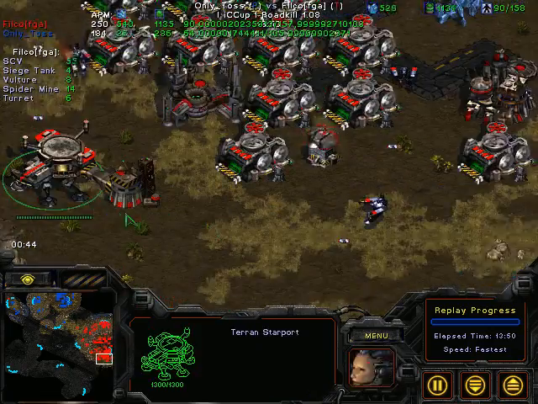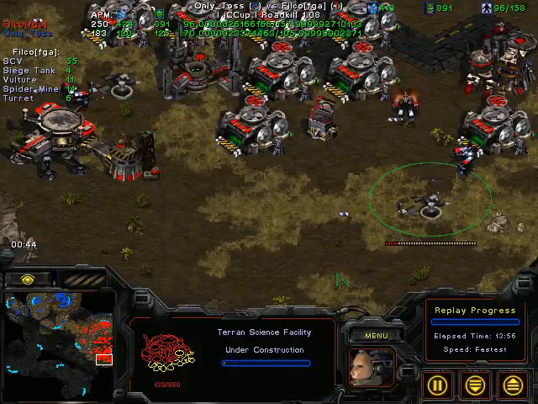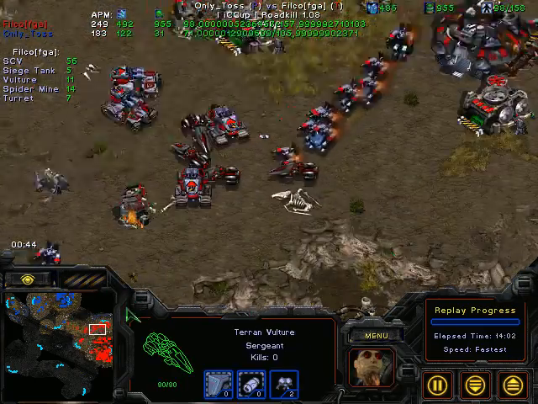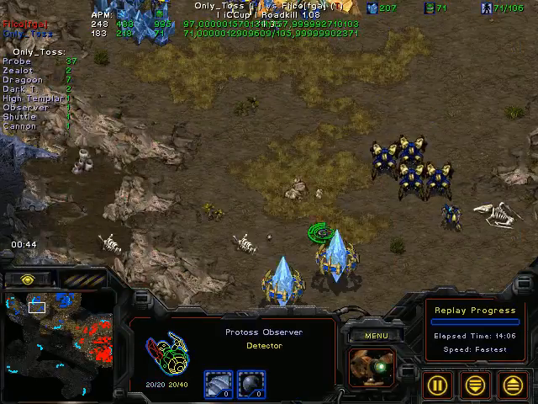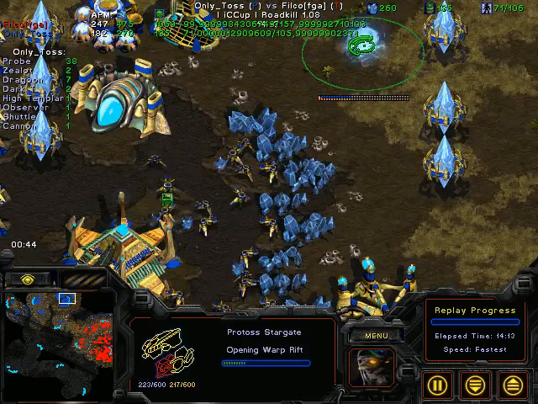I'm getting my +1 and I'm about to build a science facility, right? Here it is, adding a second armory, and I keep building supply depots, and soon enough I'll be launching another attack against my opponent. I know it's so late, I know he doesn't have the choice, he won't be able to take so early,